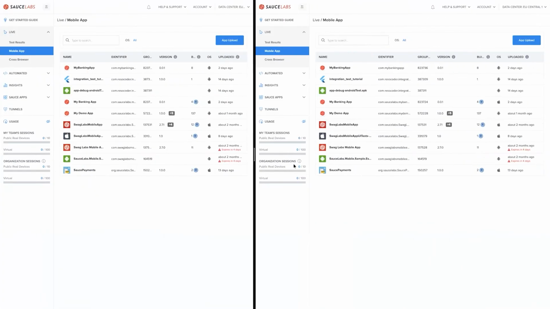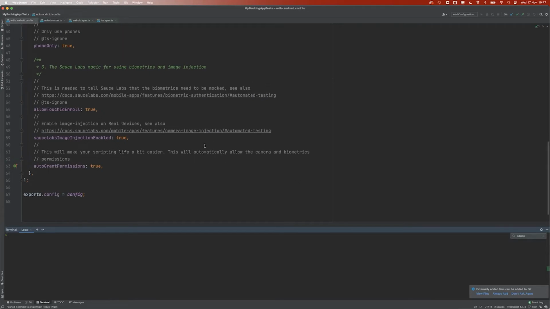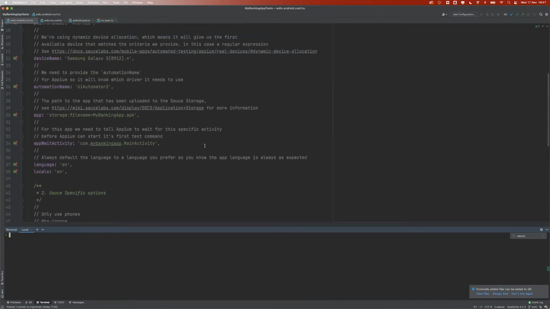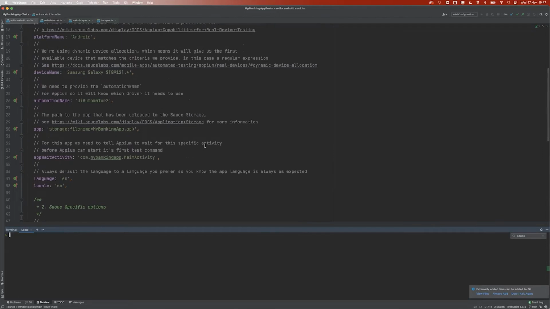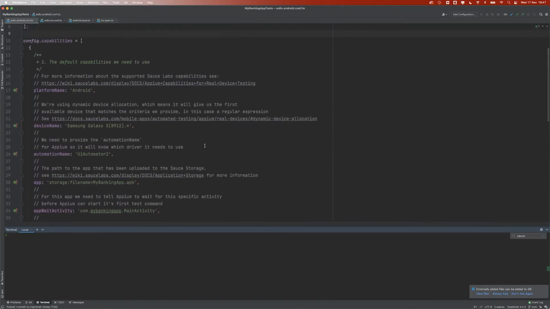Let me show you a new screen here. What you see here, and like I already mentioned at the beginning, I'm a JavaScript fan. So what you will see here is JavaScript. It's an object for setting up the capabilities. I will also share this repository with the test cases with you at the end of this session. And there you can also find what you need to add in the script and also in your capabilities to make this work. I try to make this as easy as possible by dividing also the capabilities into the default